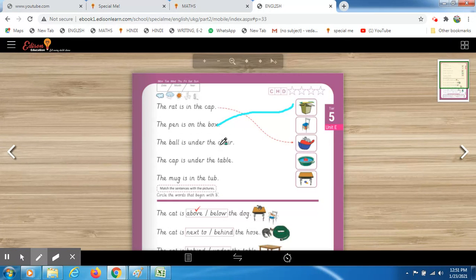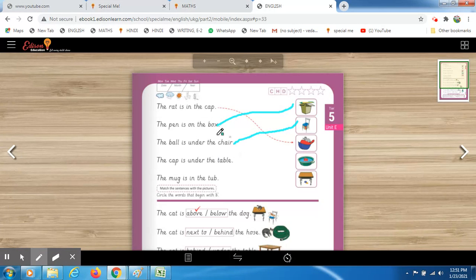Now this is the sentence, you have to read it aloud. The ball is under the chair. Fine. Now look at the picture. Which one is the correct picture? We are talking about chair, है ना. In this sentence, what we are talking about? We are talking about the chair. So see, where is the chair? In this picture, there is a chair. And where is the ball? What is the position of the ball? The ball is under the chair. Fine. So this one is the correct picture. You just have to match it.